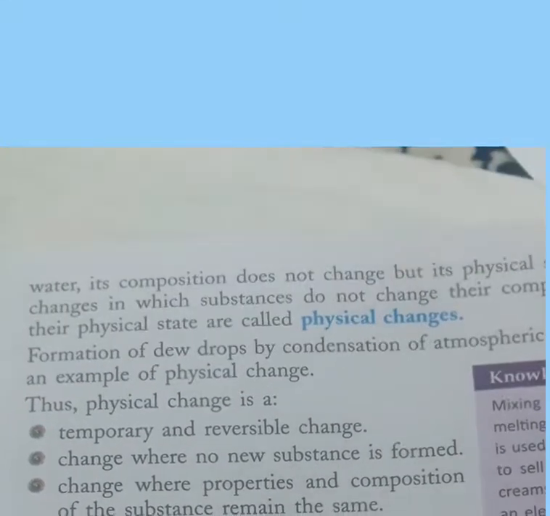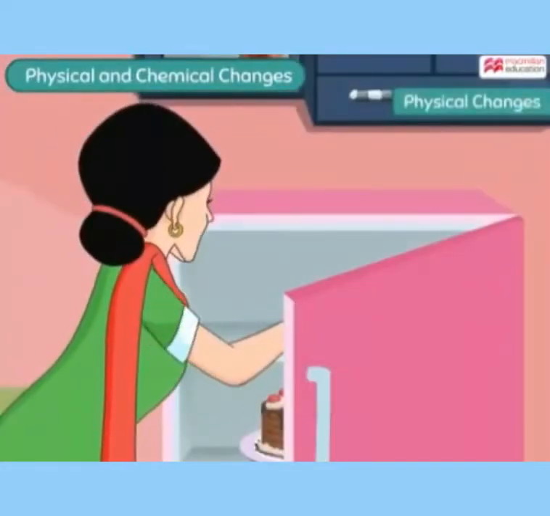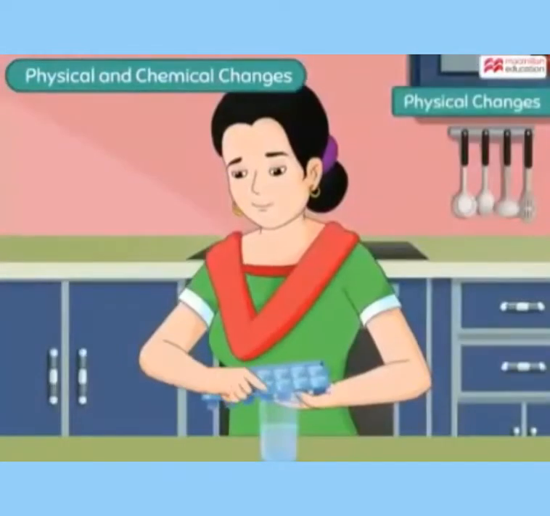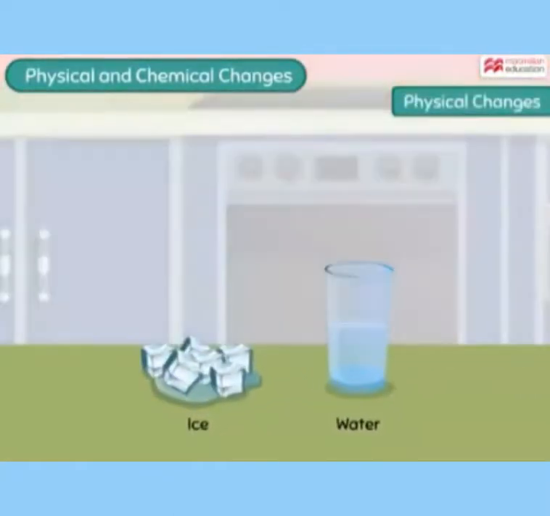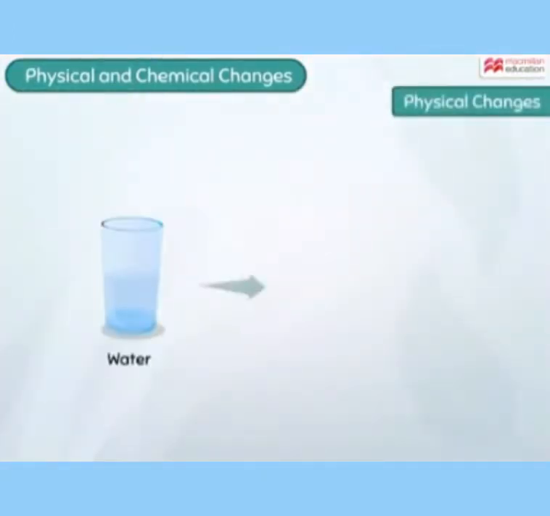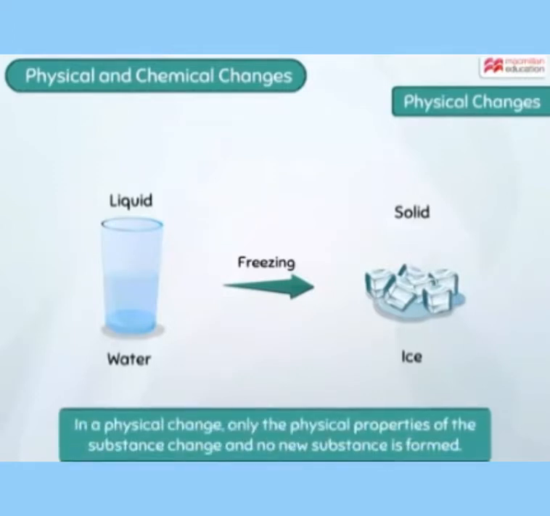They remain the same and there is no change. Let's understand this with the help of an activity. When water is kept in the freezer, after some time it becomes ice. And ice and water are made up of the same type of substance, that is water molecules, which means that freezing has just changed the physical form of water, that is from liquid to solid, but the molecules inside them remain